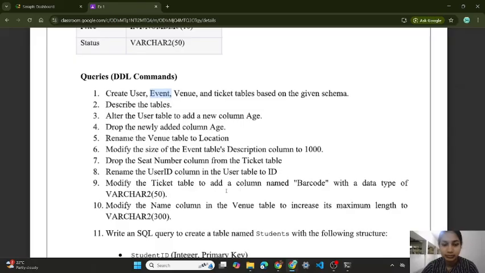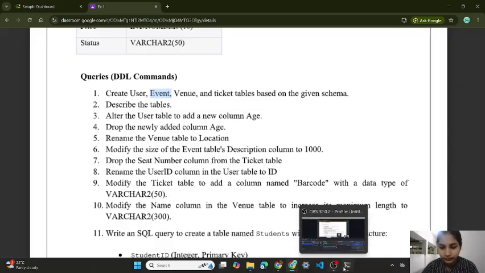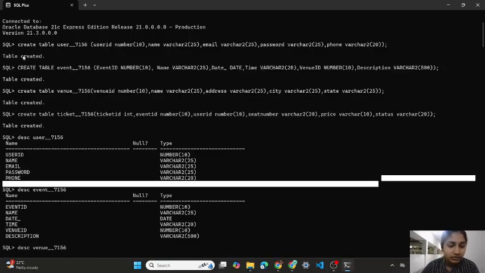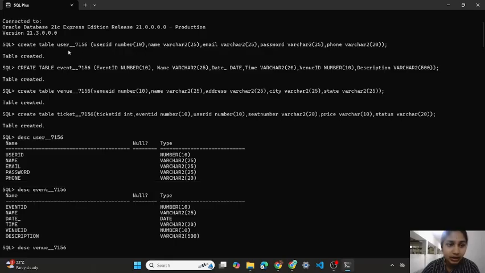Based on a given schema. So the comment here I'm giving is create table, and the table name that I'm giving as user 7156, and the constraints the user table should contain is user ID, and this user ID is stored